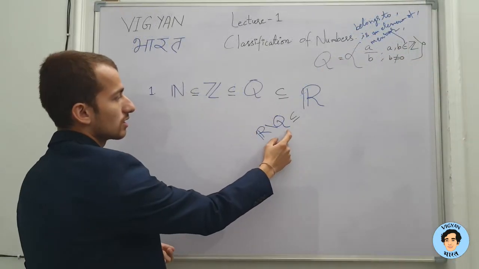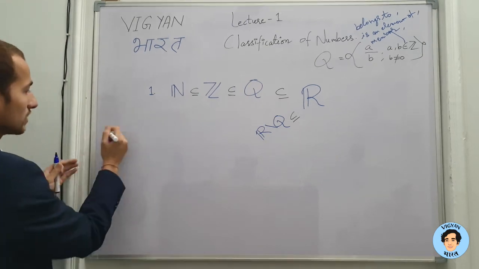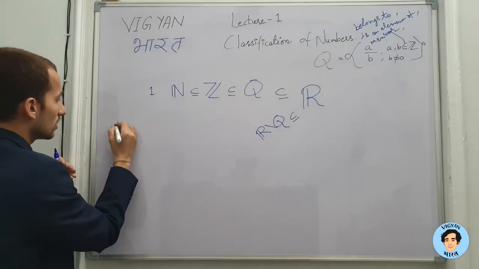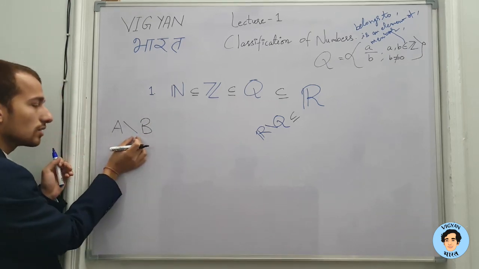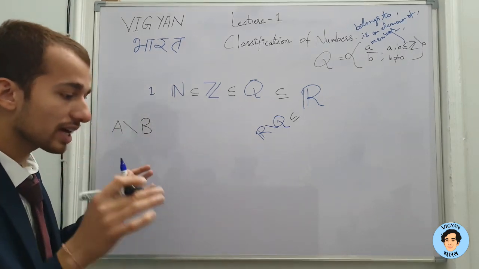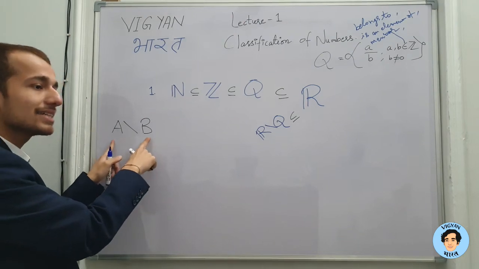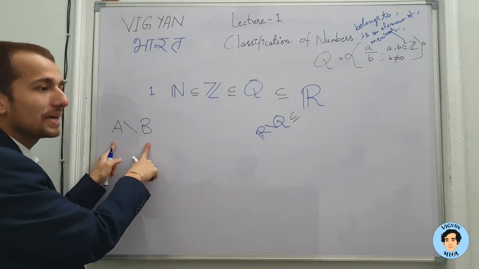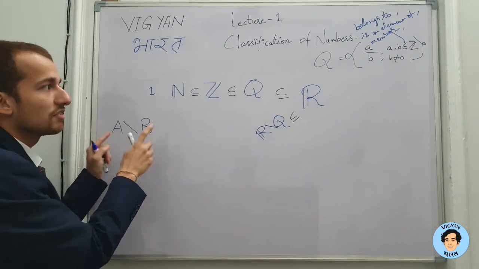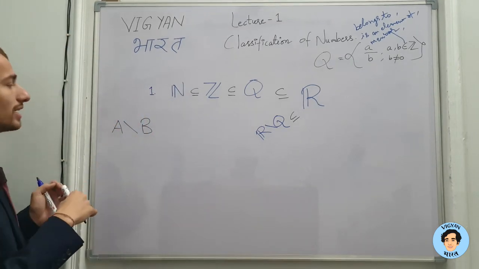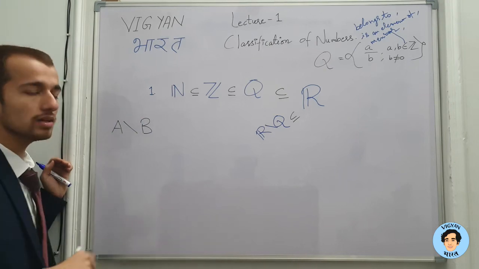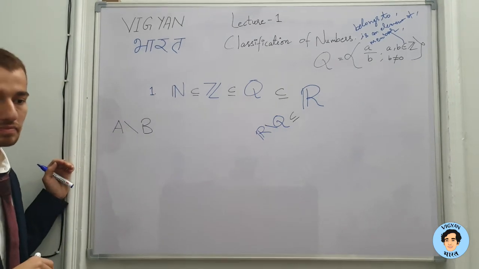Now this notation, what does it mean basically in general? This is again an operation which we are applying on these two sets. A set is nothing but a well-defined collection of objects where each object is nothing but a member or an element of that set. Fine. For example, to understand it more clearly,